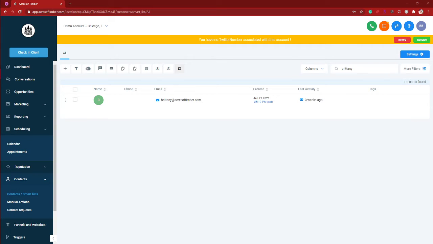So there are two main ways that you can do this. You can either do this by going to your contacts bar on the side here, going to Smart Lists and searching for the person that you want to send the appointment link to. Once you have them showing here, you'll just go to these three dots on the side and you can hit